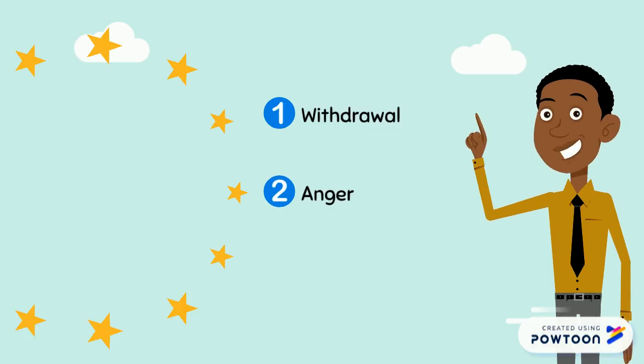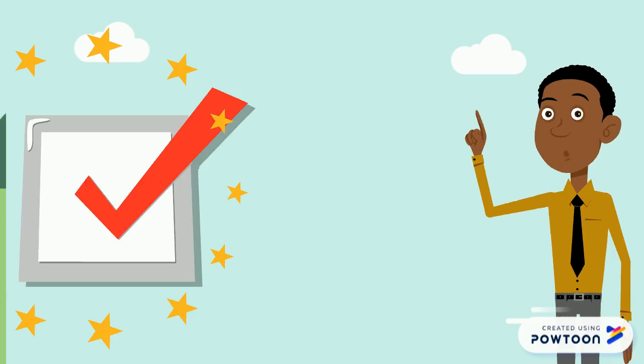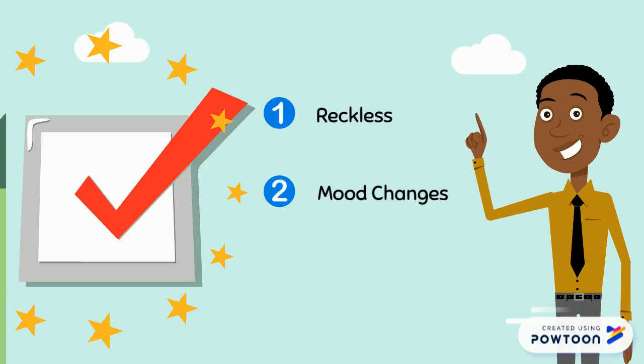The first two things we're assessing in the WARM part of the acronym are the client's withdrawal from social network, job, and others, and even visibly withdrawing in session. And additionally, we're seeing displays of anger either in session or reported by the client's social network. Here we're assessing the client for recklessness, a change in behavior or an increase in reckless behavior. And finally, we're evaluating any mood changes. One thing that's important to note is sometimes when people have a suicide plan and they're ready to act on it, their mood can become very positive.